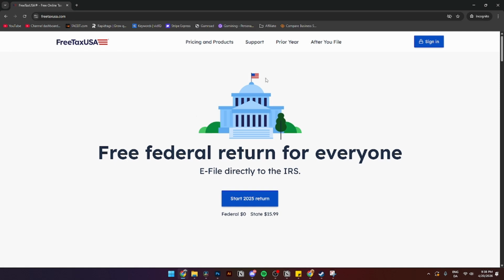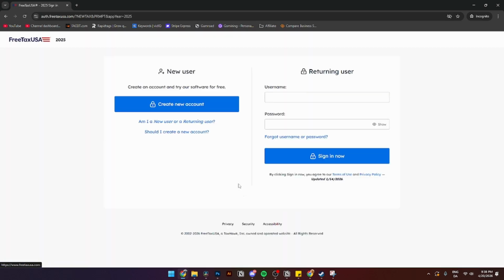Once here, it should be looking something like this, where you can see you can get a federal return for $0. From here, you'll simply need to click Start Your Return, and once you get in here, you'll need to go over to where it says New User. Then you'll see this blue icon called Create New Account, and you'll just simply need to